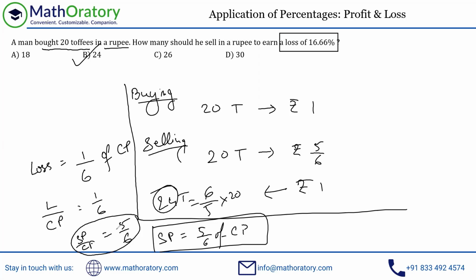So as I said, you don't have to always do it using 1 toffee. You could have done directly this, but I just wanted to explain this from the very basic grassroots level. So that is why I converted it to 1 toffee. Otherwise, you don't have to do that as well. Just get the right approach. The right approach in this context being the quantity kept constant. Only then I can think about the percentage profit and the percentage loss. Otherwise, it doesn't make sense as long as the quantity has changed.